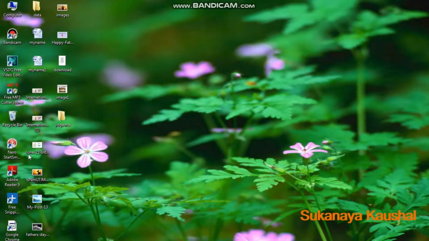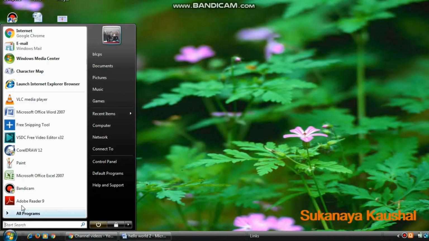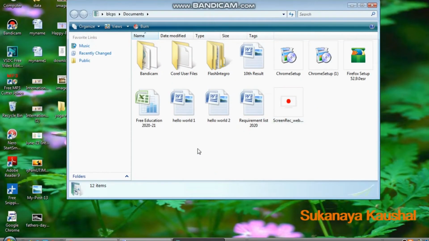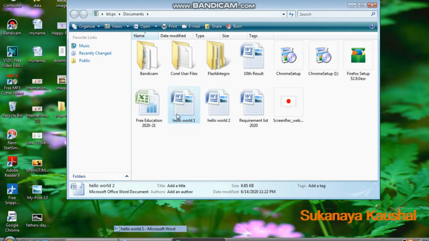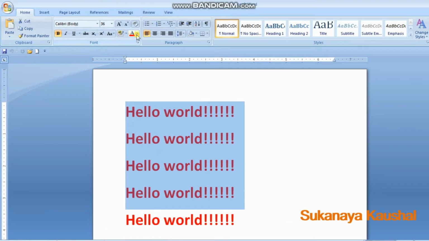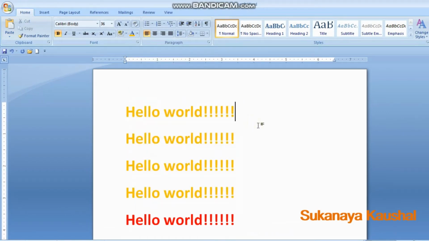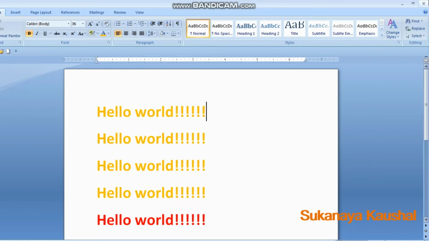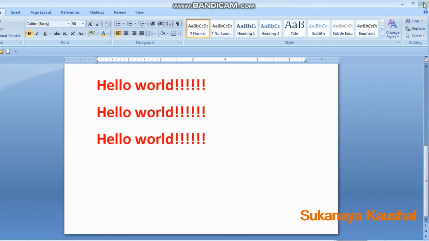So let us see in documents: hello world 1, hello world 2. In the first file, just open it. I have changed the color, so that you can check the difference between save and save as.